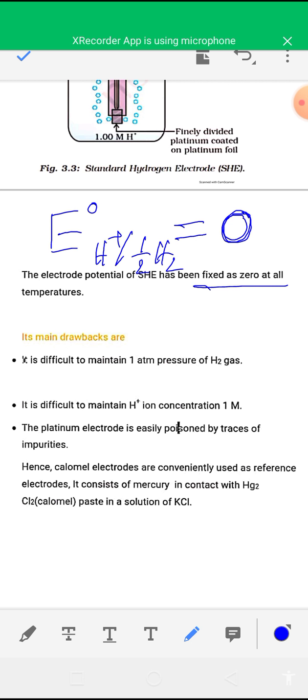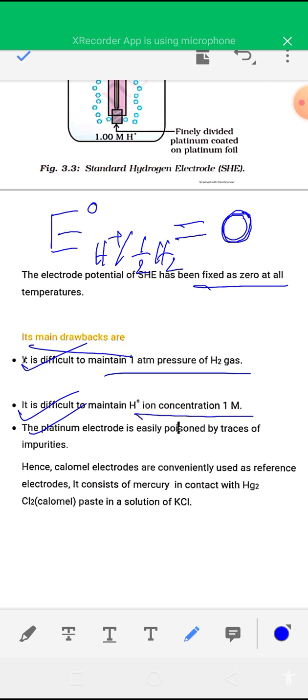Okay, now see the main drawbacks of the standard hydrogen electrode. It is difficult to maintain 1 atm pressure of hydrogen gas in a standard hydrogen electrode. It is difficult to maintain the concentration of H plus as 1 molar. Okay, and the platinum electrode is easily poisoned by traces of impurities,